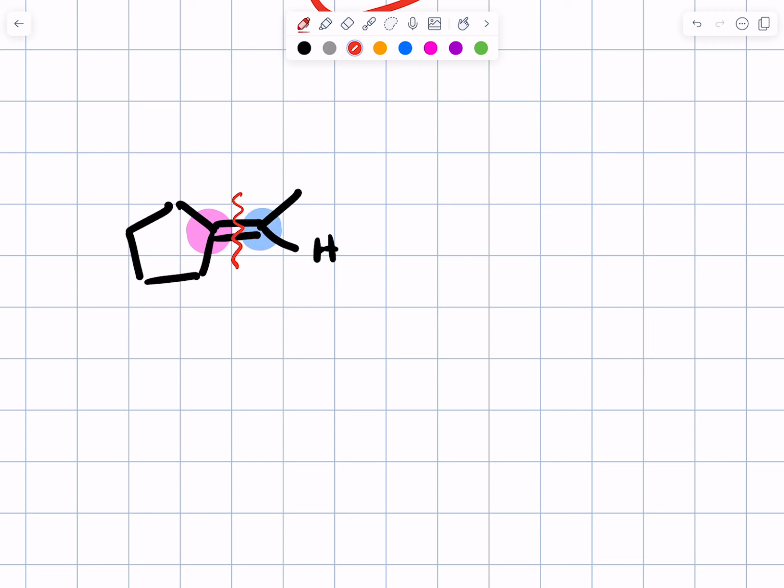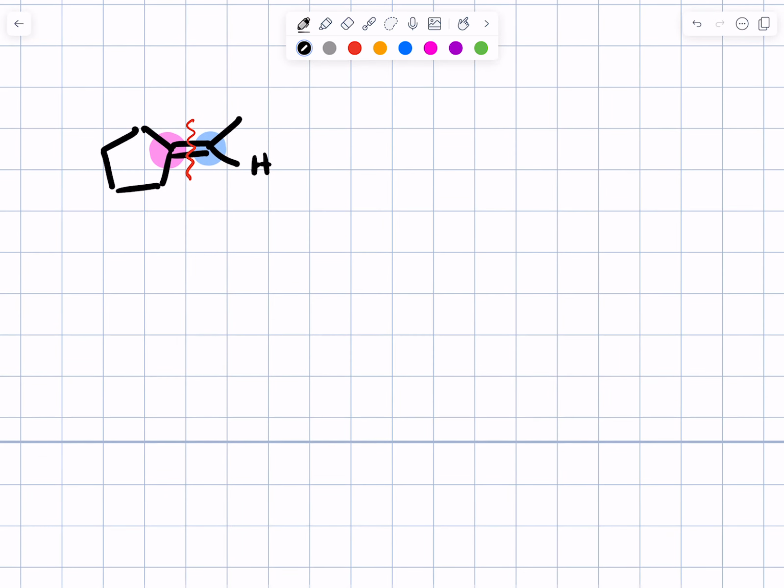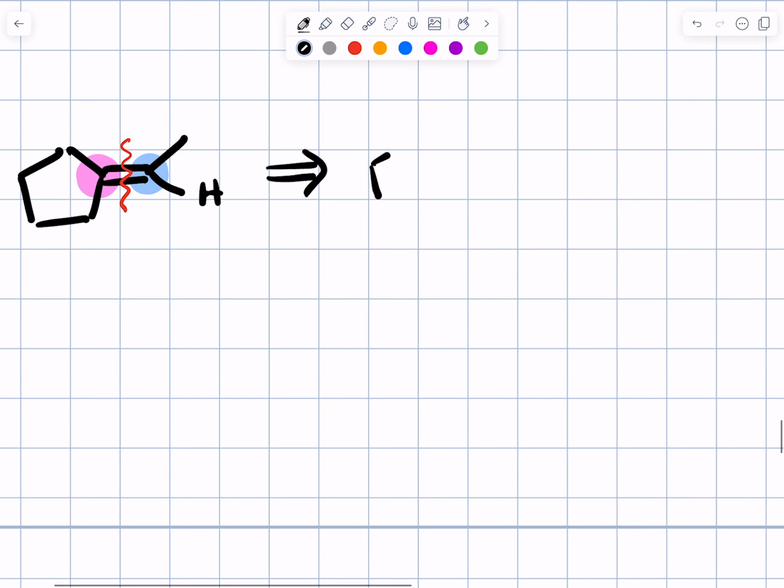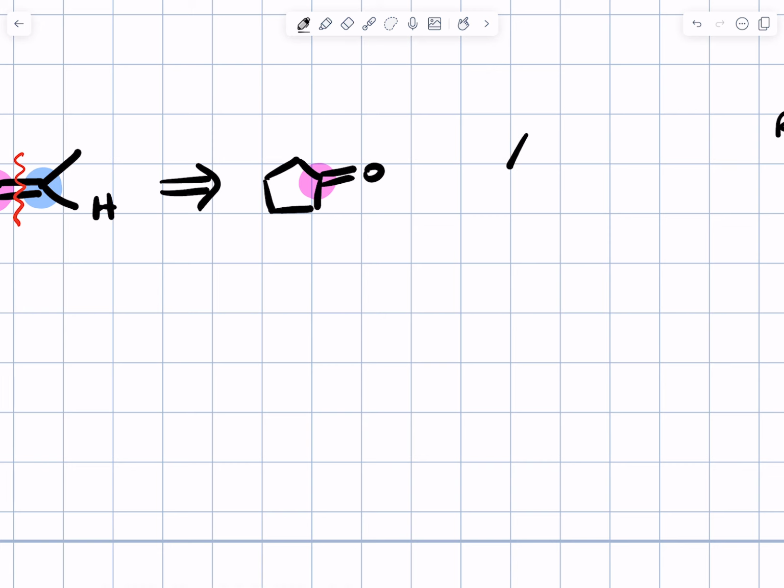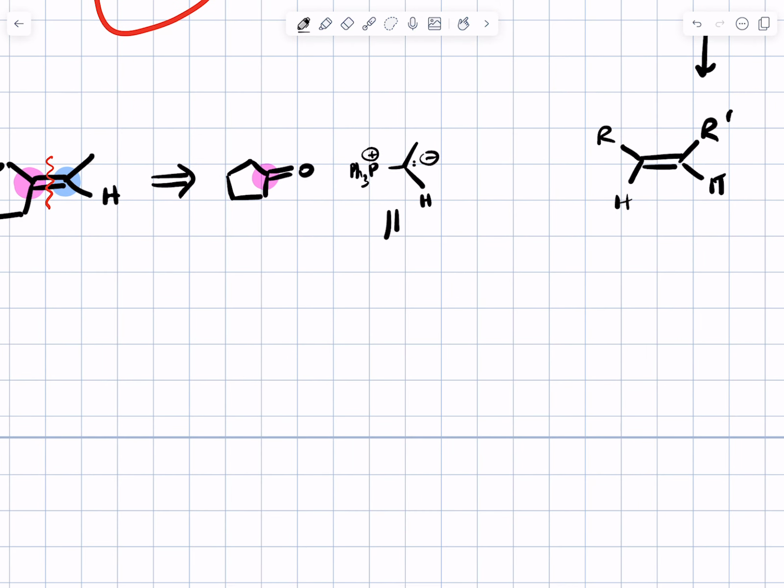I'm going to use the red squiggle mark in my retrosynthetic analysis to indicate which set of bonds I made in this Wittig reaction. Again, I'm going to choose to use this side as the ketone, and then the other side as the phosphonium ylide reagent. That distinction may not make sense at this stage until I remember that I could have made that phosphonium ylide reagent from,